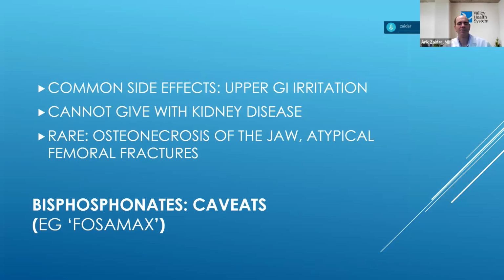That's because it has to be absorbed, and you want to prevent it from being refluxed up to the esophagus, because it can cause a lot of esophageal irritation and stomach irritation. So people who already have esophageal reflux or ulcer disease should not be taking this medicine. Another reason you may not want to take it is if you have chronic kidney disease. It's broken down by the kidney, so you don't want to give it in that situation.